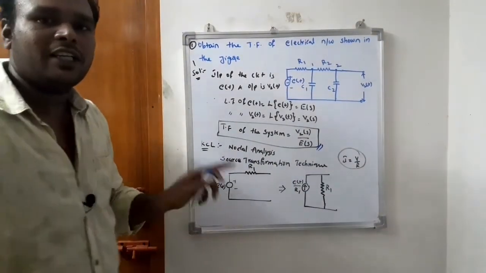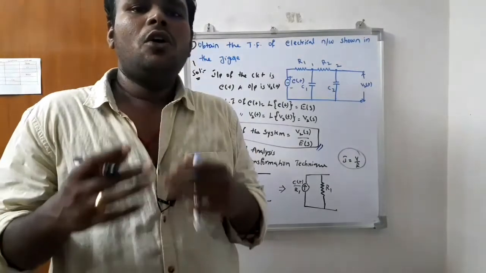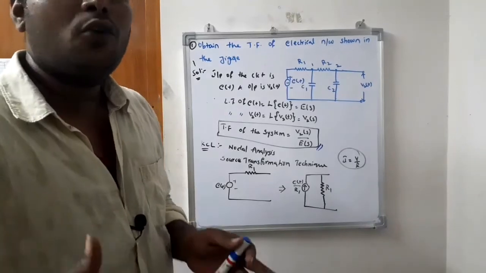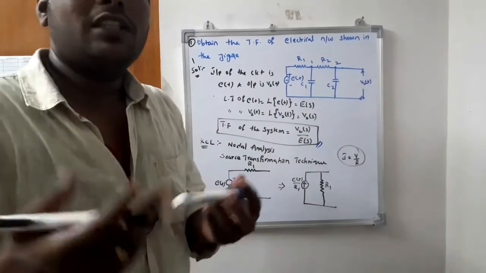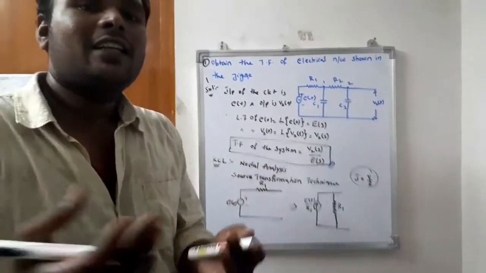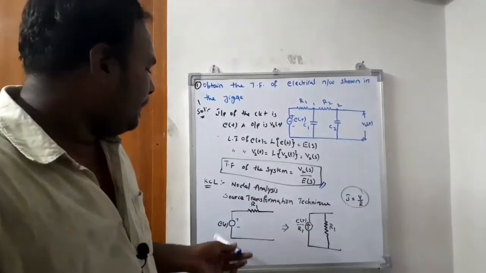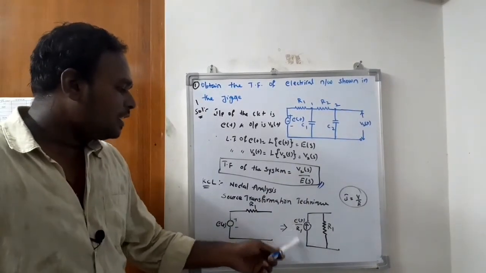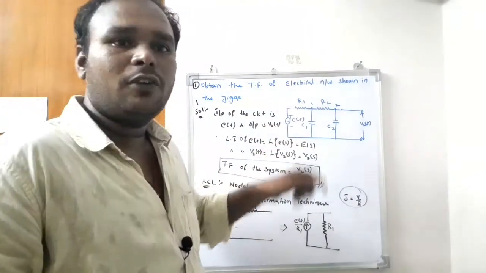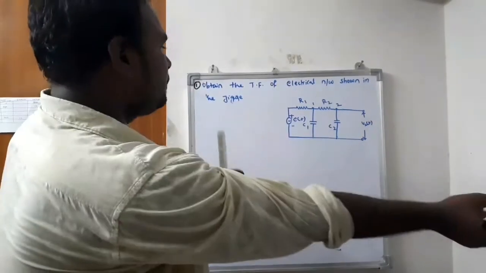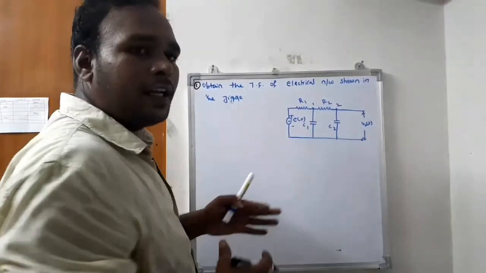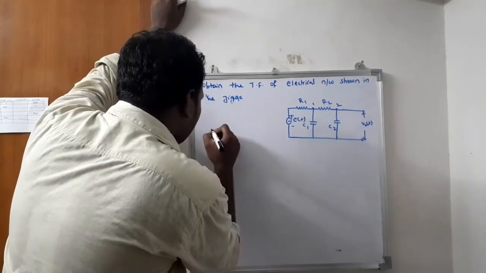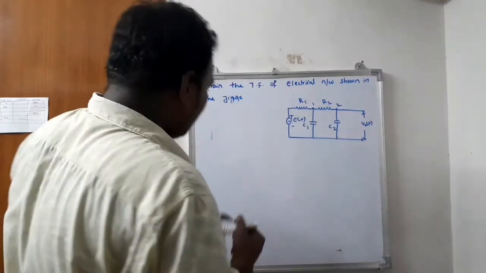by using the source transformation technique. This technique we also learned in previous years in our basics of electrical engineering. For ECE students, in network analysis, and for electrical students, in electrical circuits, we already learnt about this source transformation technique. Now, by using this current source, we can rearrange the electrical circuit. After rearranging by source transformation, the circuit becomes like this.